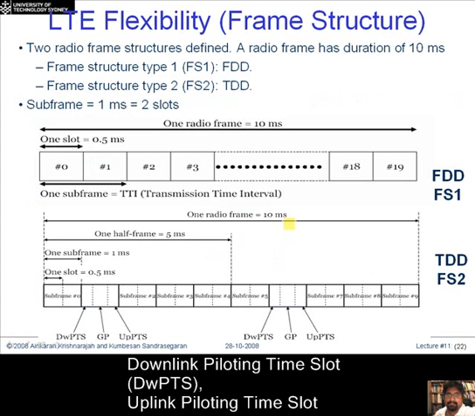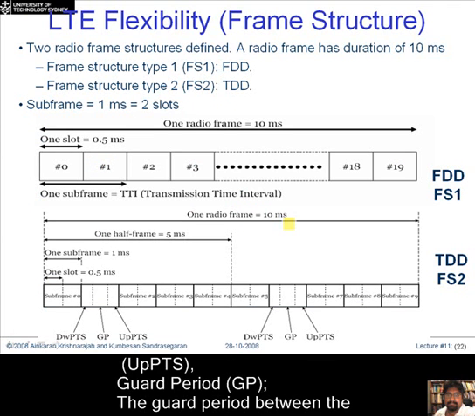Okay, now this is because we just now talked about frame structure. I brought in a diagram here which shows the frame structure that's used for both FDD and TDD. You can see that they are quite similar. The radio frame in both FDD and TDD are 10 milliseconds. There is a slight difference because in the FDD mode you've got one time slot for 0.5 milliseconds